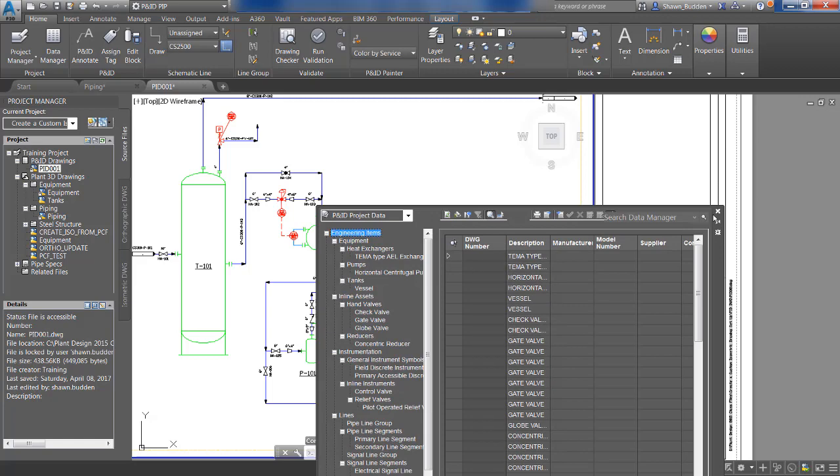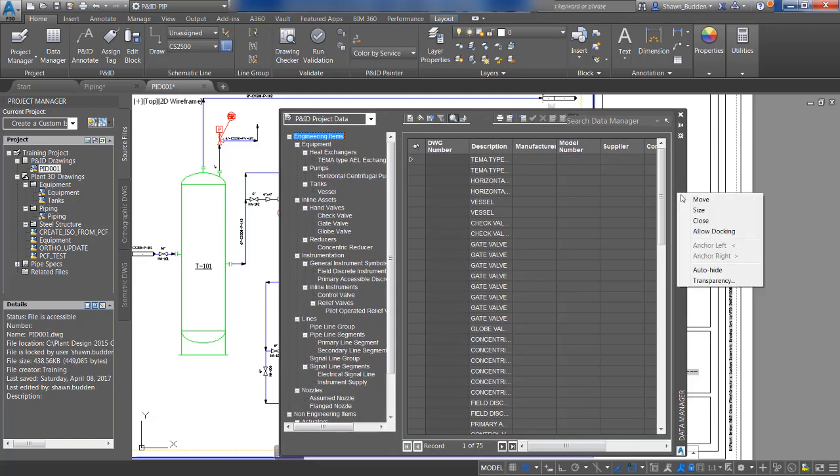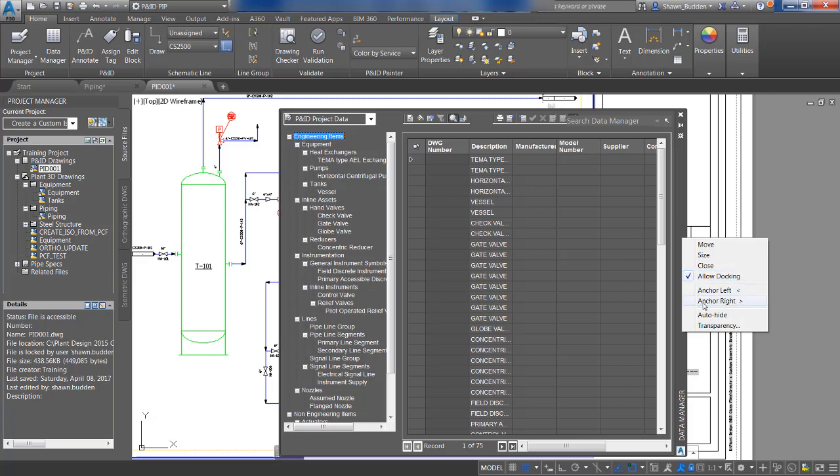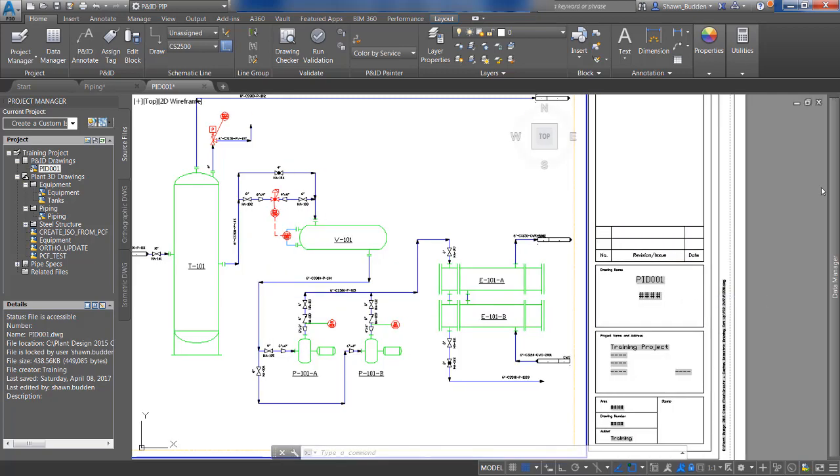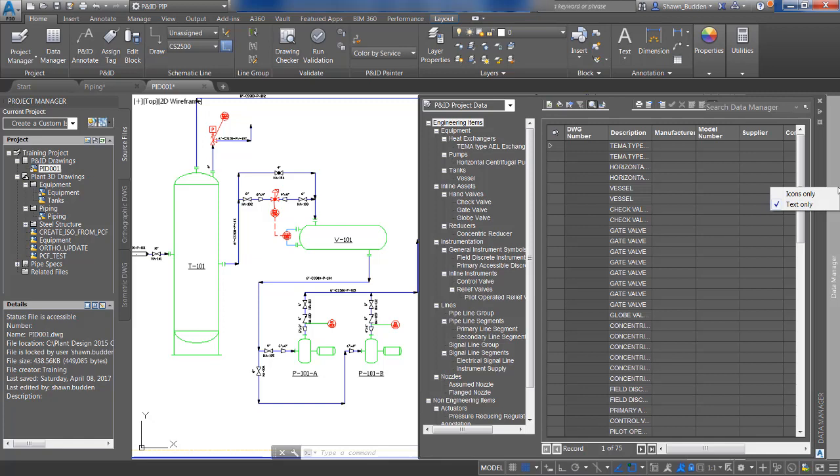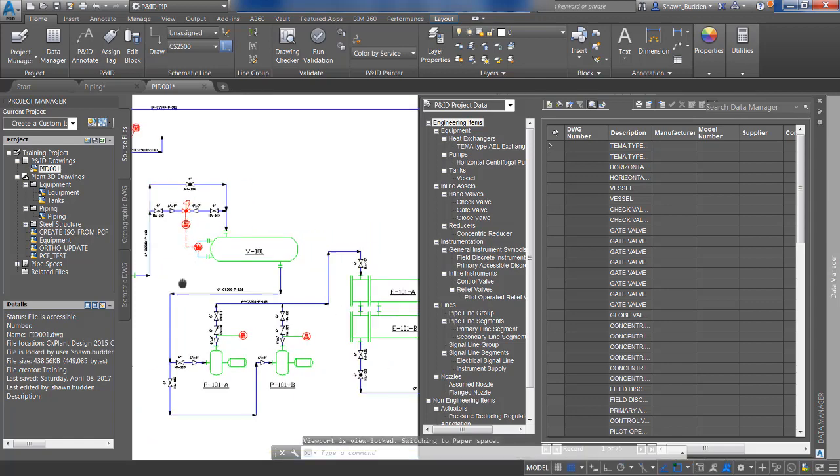And I'm going to bring this in, and I'll go ahead and allow it to dock. And I'll anchor it right, and make sure that I have my auto hide on. Okay, cool. So what we're going to do from here is I'm going to go into this drawing